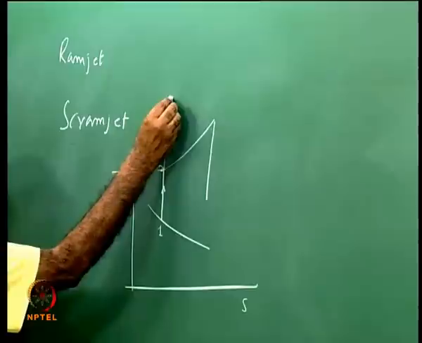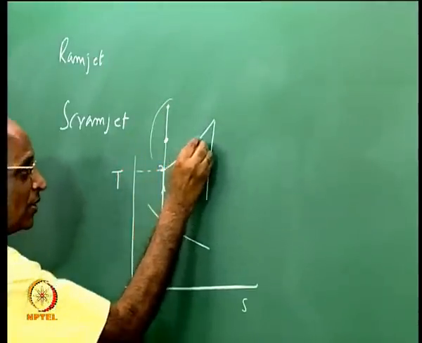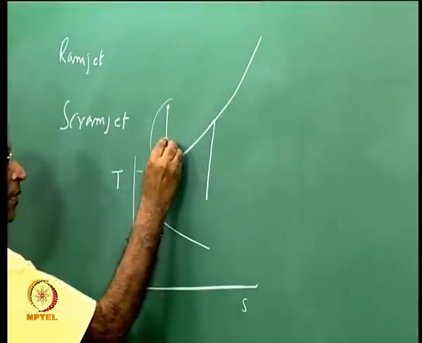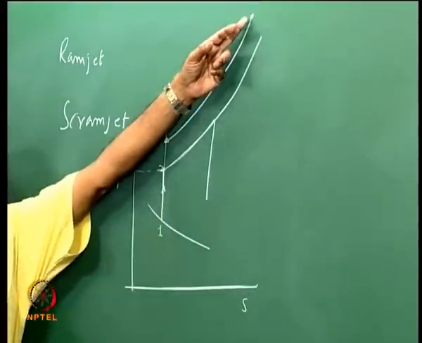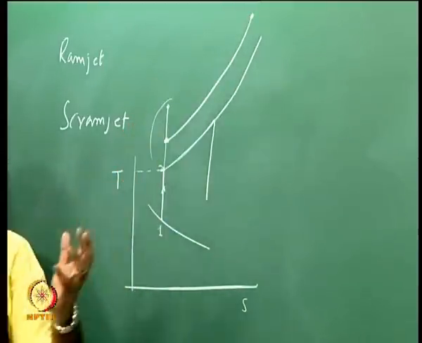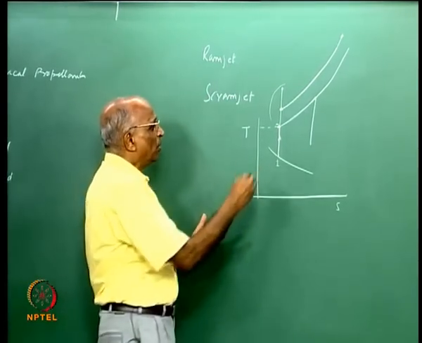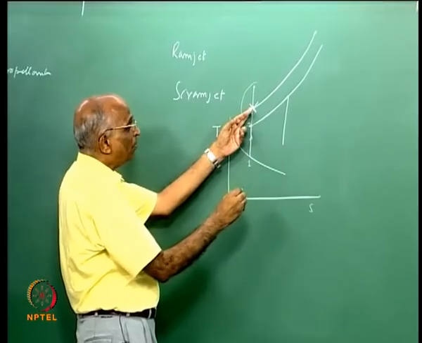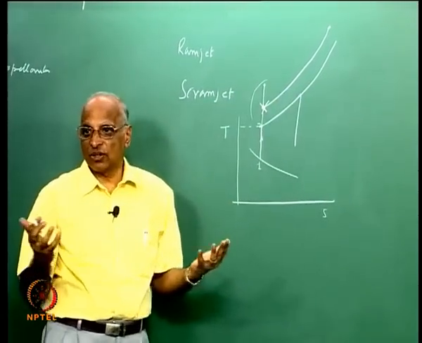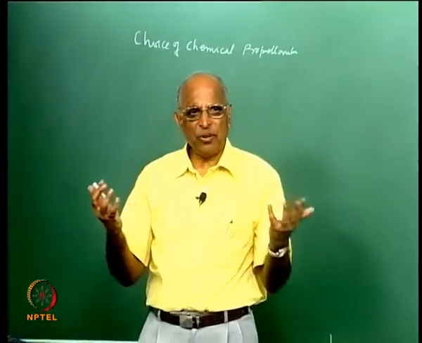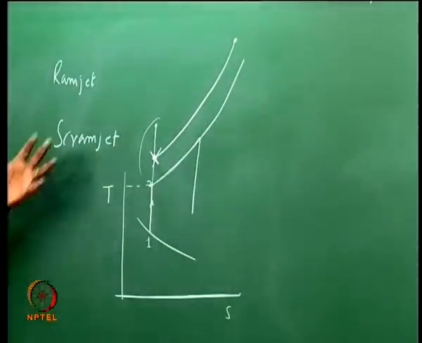But the question is, if I say okay, I will still increase my amount of heat addition. Now even though the temperature here is higher, I increase the amount of heat addition to a still higher value. If I increase the heat addition to a very high value, I get intense dissociation and the chemical energy is not really available. Therefore you do get some bounds. Dissociation plays a role in the choice of the upper bound of temperatures in which some of these engines can operate. Let us keep it in mind, dissociation is not peculiar to rockets itself, but to all other forms